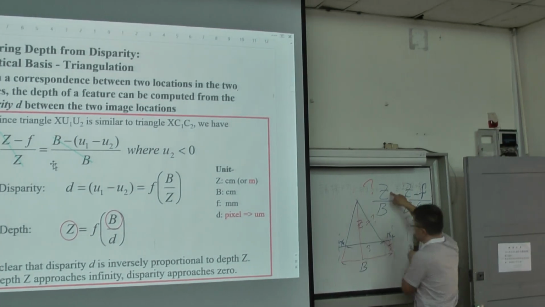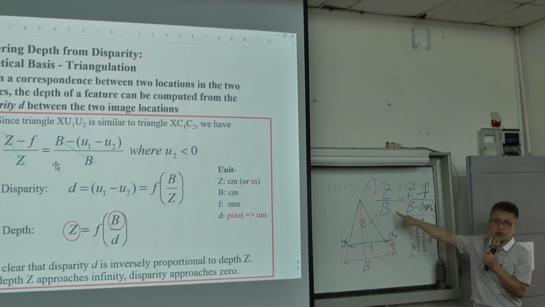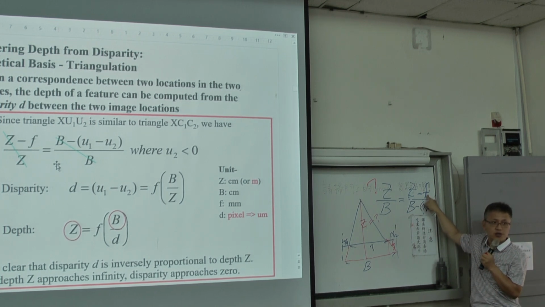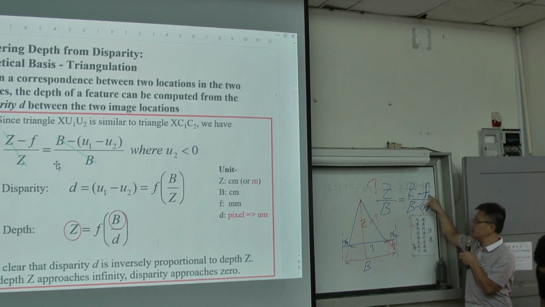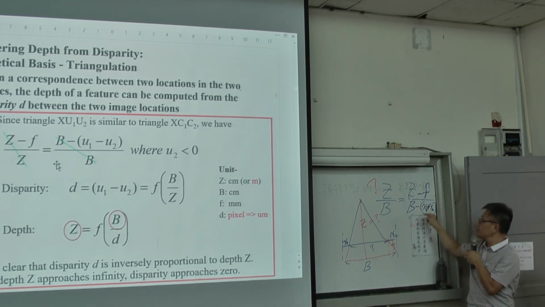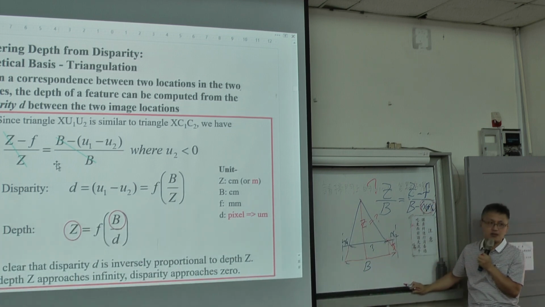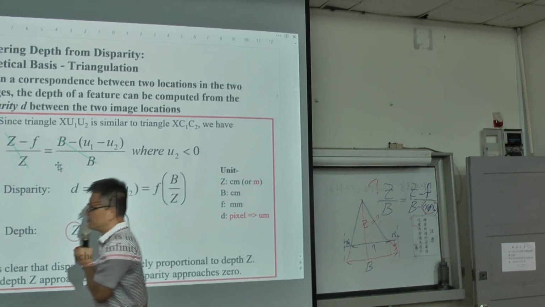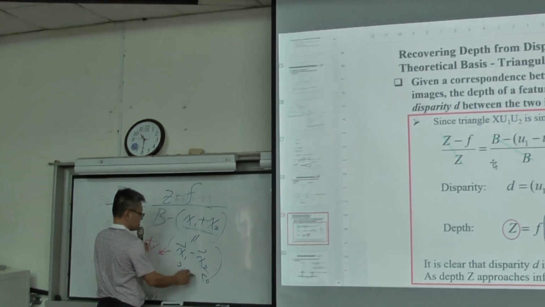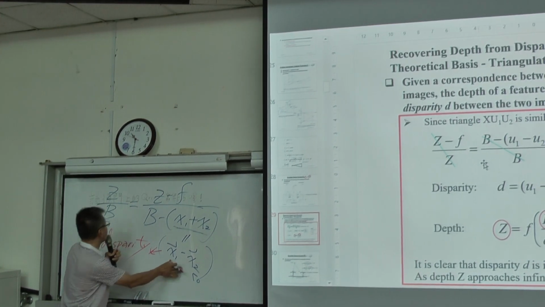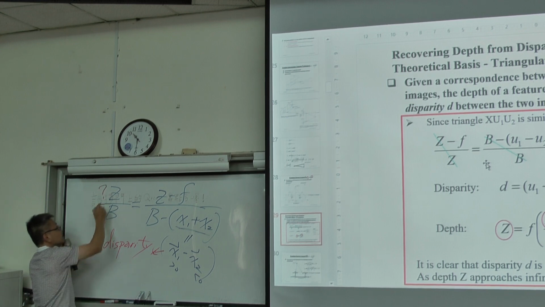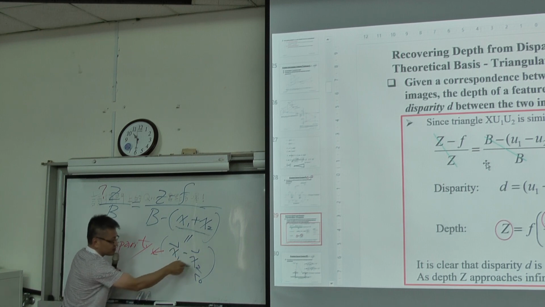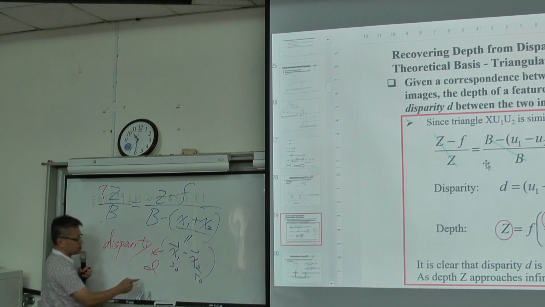So we try to find z, and we're given b. B is you design, you study B design. F is you do calibration. Intrinsic parameters F. You do the calibration F. So you know F, and you need to measure this one. So for the stereo is you try to find the disparity. If you can find the disparity, you will know the z. If you measure this disparity d, you will